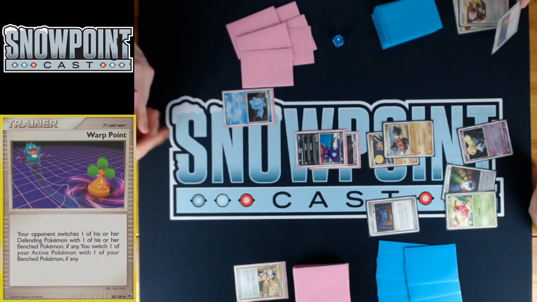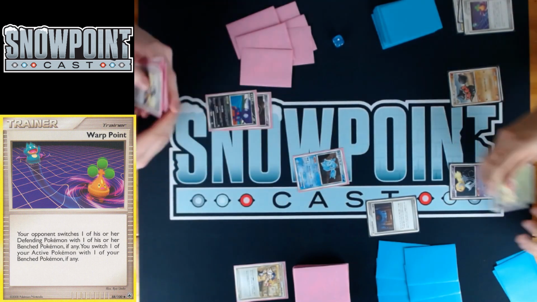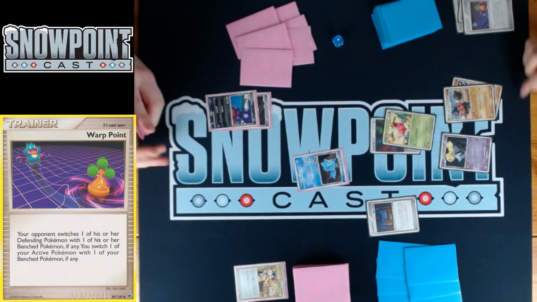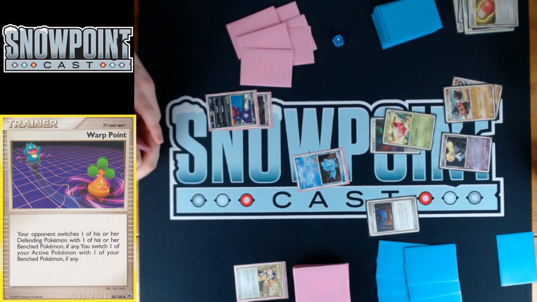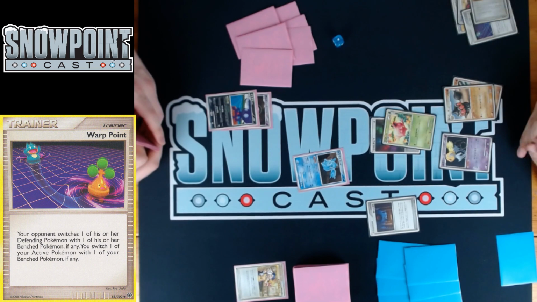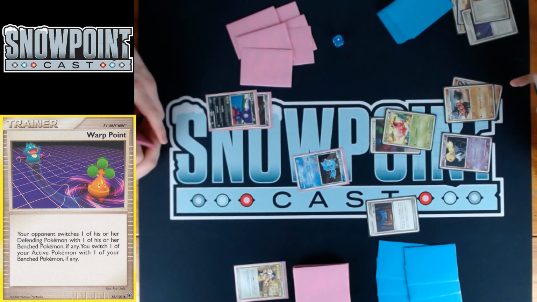Yeah, he's got a Warp Point as well. He's going to use it. Definitely a good call. Stranding that Regice active, there's not a ton of stuff that can get Regice out of the active in Gyarados. This list plays 2 Warp Energy, and I think there's 1 Warp Point in there as well. So if he's able to get the knockout on that Regice, that's actually really clutch before I'm able